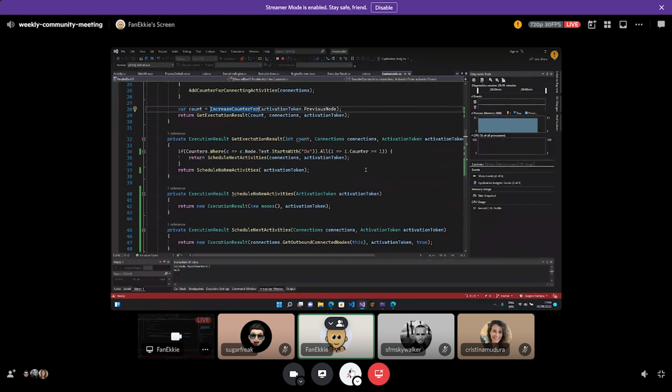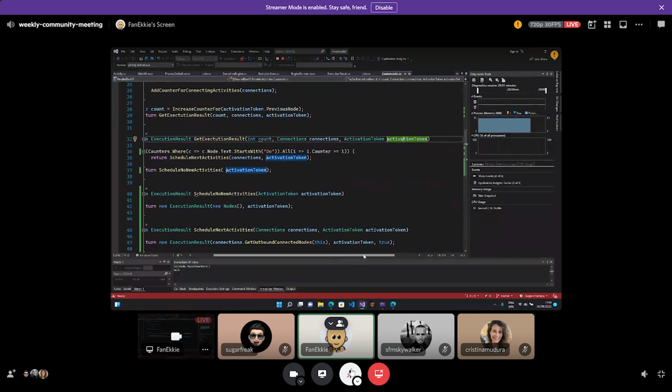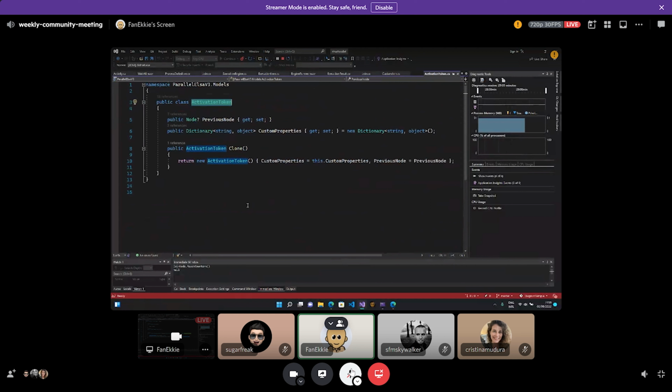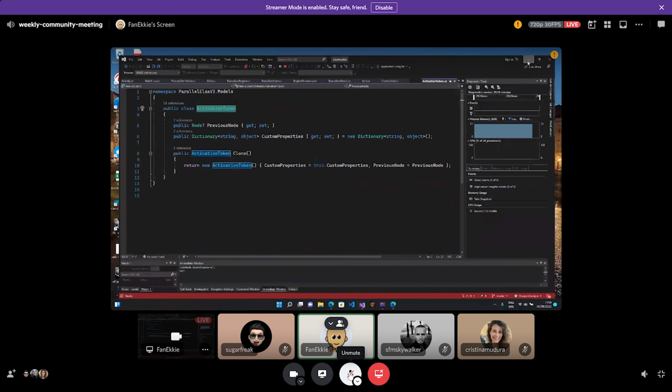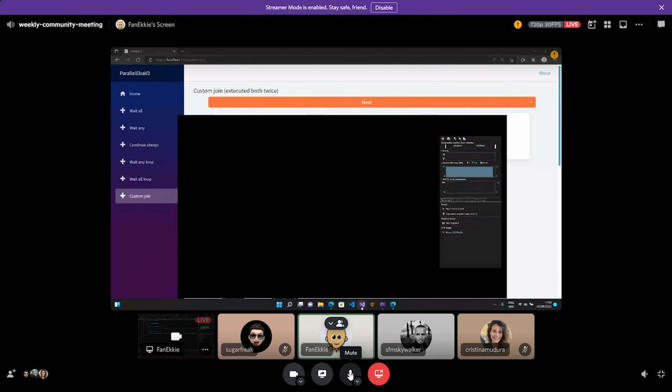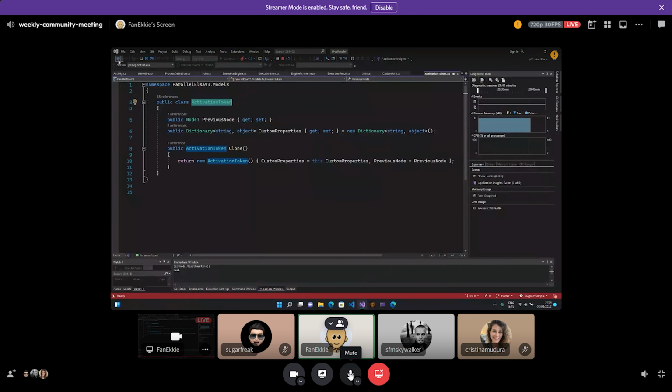So we're able to do in the custom join all kinds of logic, and that includes also based upon the activation token that you could say, I'm only counting that if a certain property on the activation has been set, or that a fork and join are joined together, because the fork will add something on the activation token like this is my flow context ID, and the join will only respond to or create counters for those specific flow context IDs.